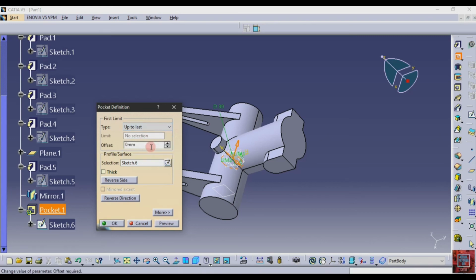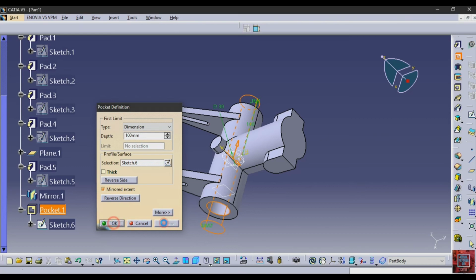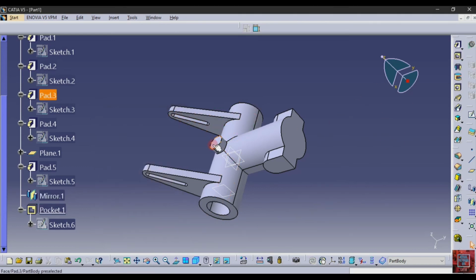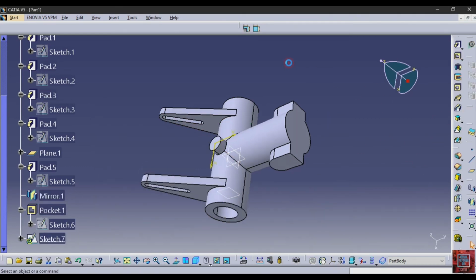Up to last, preview. Why is this not coming? Dimension, select dimension and here is the depth, type 100 here, mirror extend, preview. Okay, this is ready.